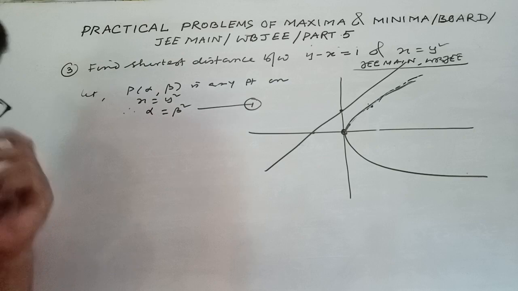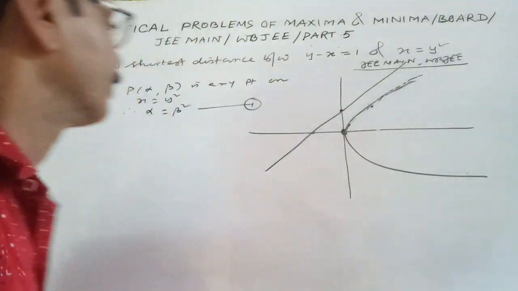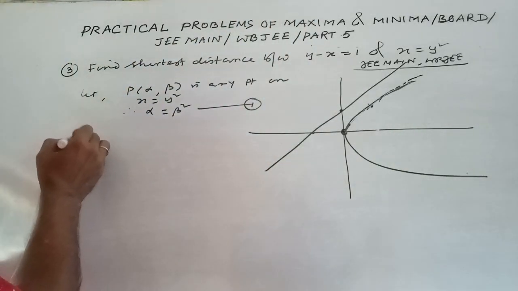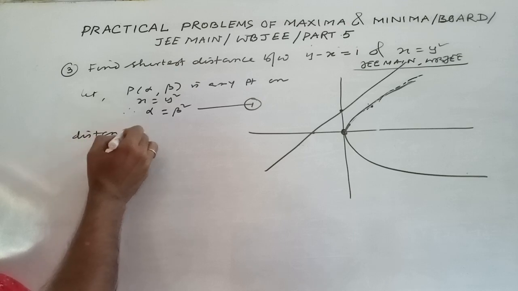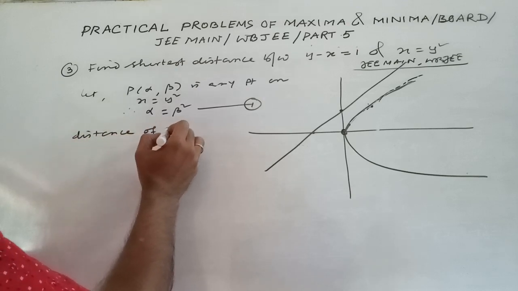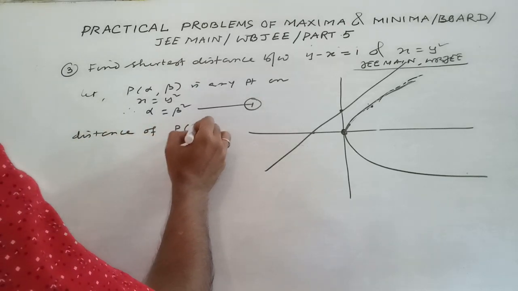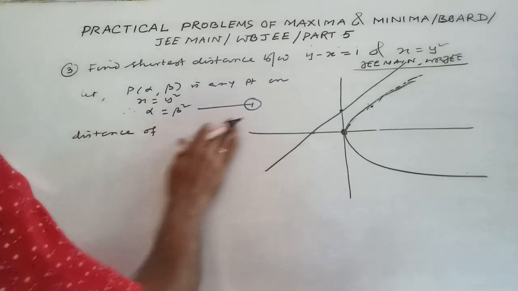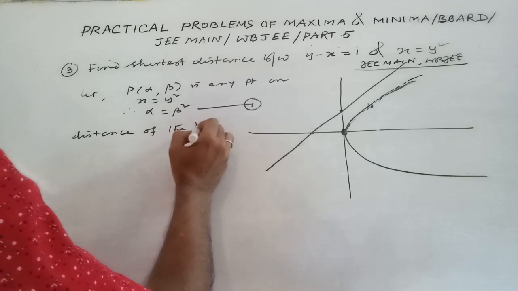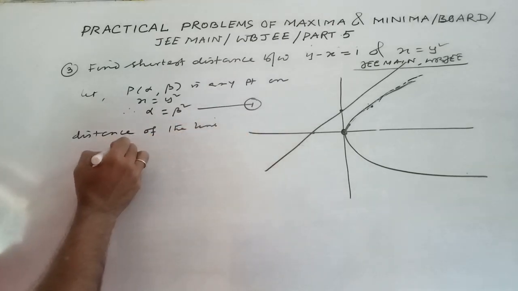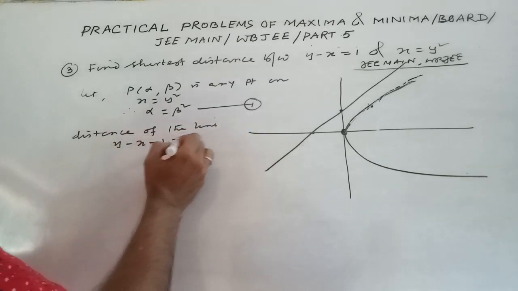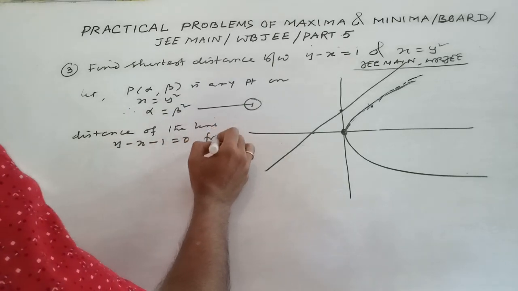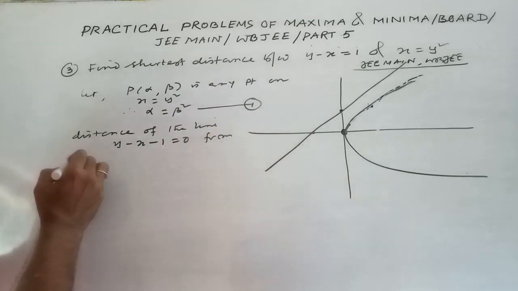So call it 1. Distance of the line y minus x minus 1 equals to 0 from P alpha beta